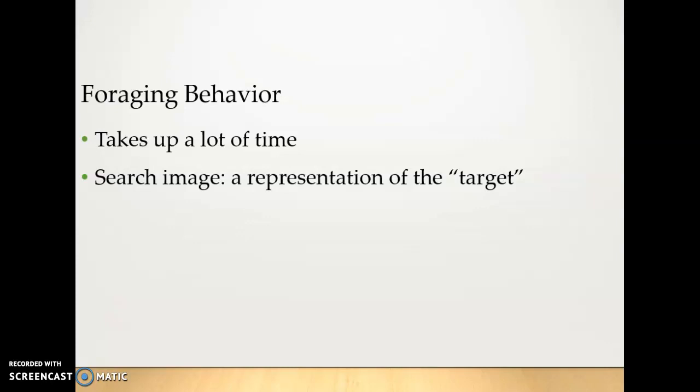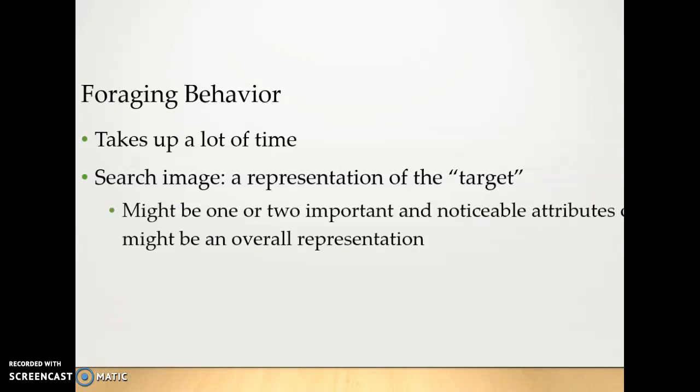And it's true that non-human animals might as well. As a human, I sometimes think about search images when I'm digging through my junk drawer, which is full of potentially useful stuff. If I'm looking for something in particular, then I'll have an idea of what it is that I'm looking for. It's not just a verbal word, it's usually an image of some kind. And I can really tell that I found it when something matches the image. This can be a problem, of course, when what you're looking for doesn't really match your image, or you don't have a good search image. It's going to be a lot harder to find it.